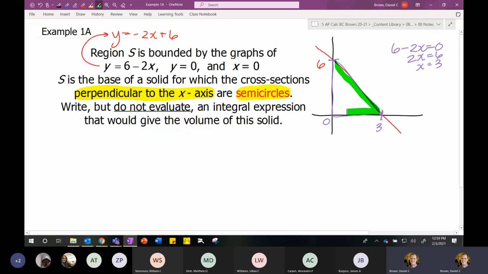Again, you don't have to readily visualize what this is, but you want to imagine you are looking at a bird's eye view of this three-dimensional figure. It tells you that if you took out a slice of this, and if you cut perpendicular to the x-axis, so here's just a representative slice, it looks like a vertical bar, but if I were to reach in and pick up that slice that I just drew, it would be a semicircle, where the base right here would become the